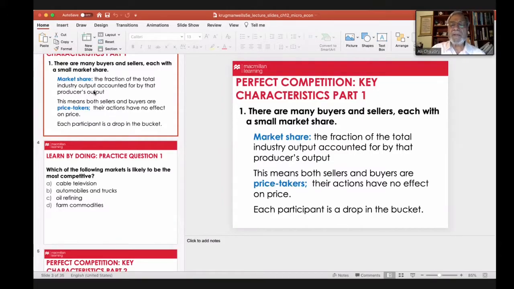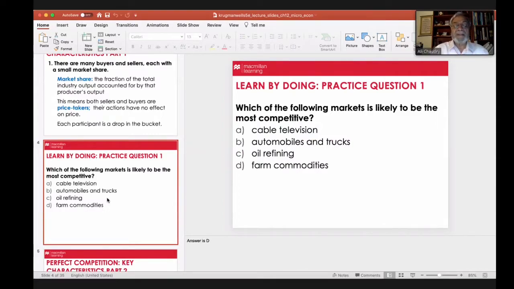But the farming industry generally is characterized by small players in whatever market they're in. And therefore, they do not have the market share to dictate prices. So that's the first thing. They basically can sell at the going price, and therefore, farming qualifies as competitive, whereas automobile and truck industry, well,